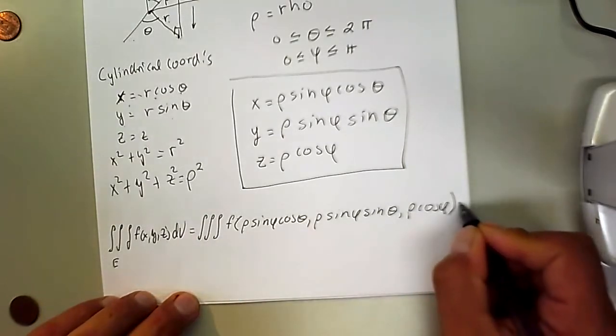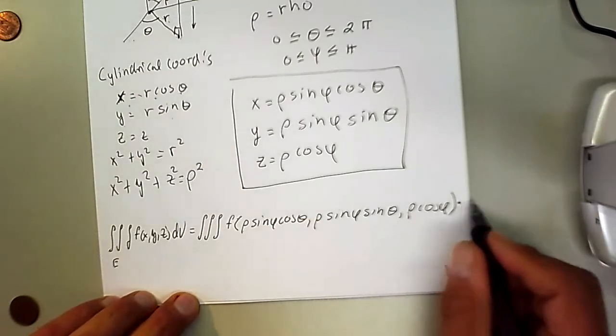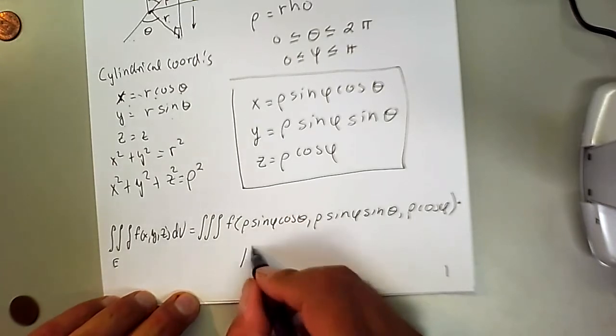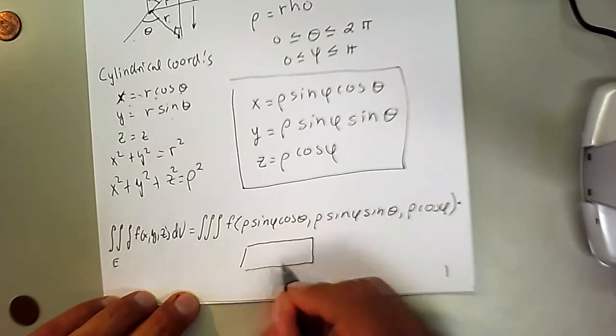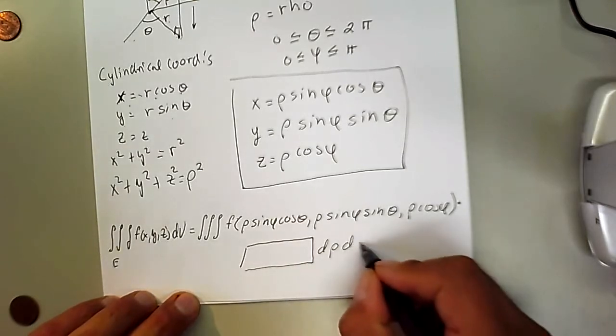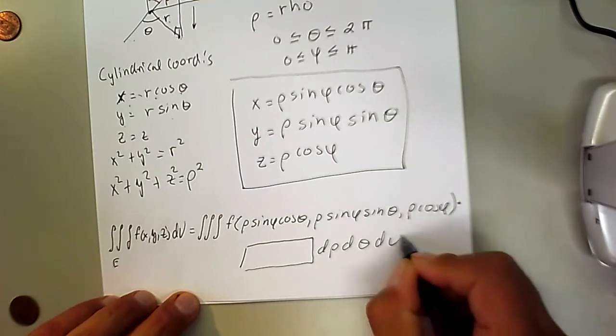I'm going to put a dot. This is not a dot product. This is just multiplication, the regular multiplication. And we got to multiply by something. I'm going to put a box. And then we're going to have d rho d theta d phi, an iterated